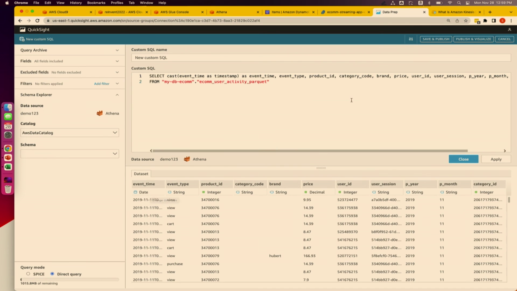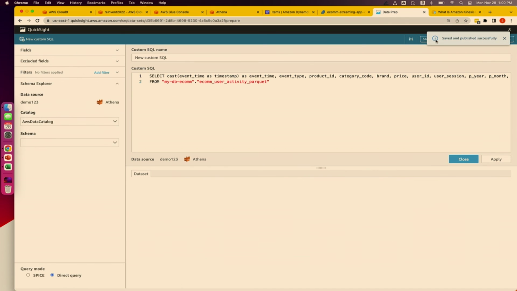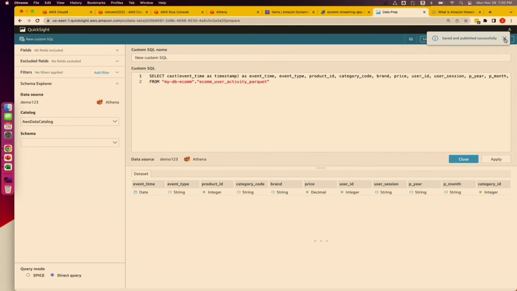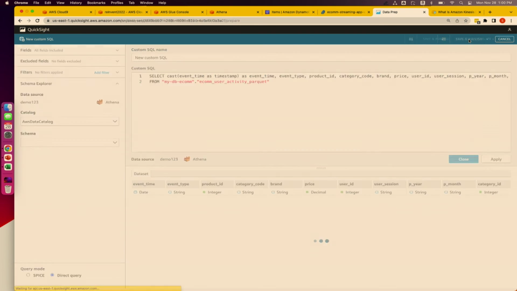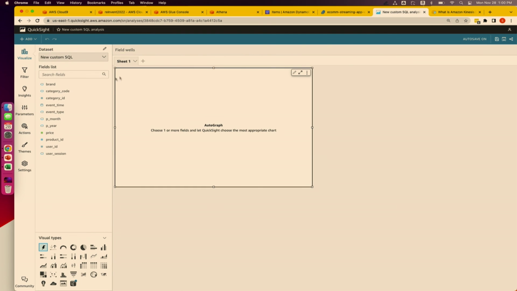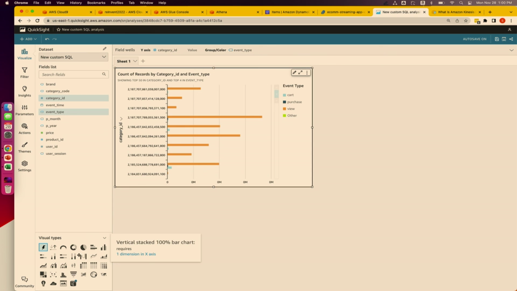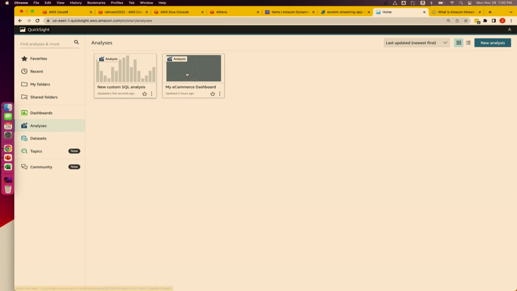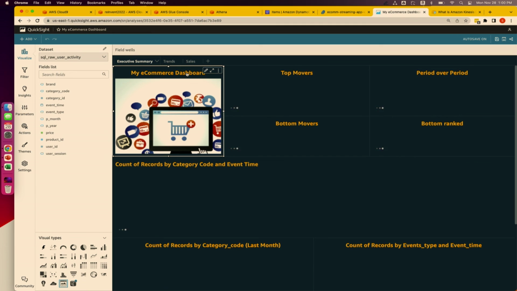All right, so once that is there, you can click on save and publish, and then click on visualize. Now you can click on any of these columns, and it will automatically create those charts for you, right? If you see at the bottom, you have different types of charts which I have used, but essentially you can make use of this dashboard to create charts like those we saw in the first place on this dashboard. Similarly, you can create multiple charts based on your requirement.